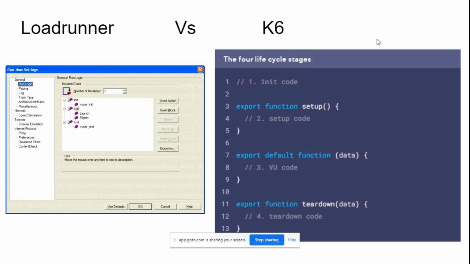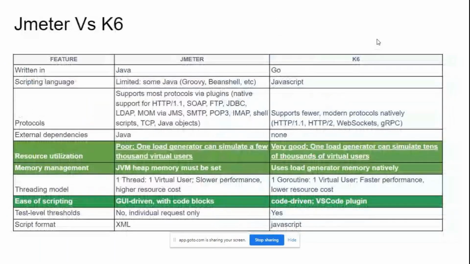Just need to understand how K6 handles all these aspects, and then you'll be able to create those scripts and use them for your projects. So I'll come back to you maybe a little later about the exact comparison. What is the difference between K6 and JMeter? Where K6 works fine, where JMeter works fine. Probably we'll look into it later because once you know about K6, I think it will be easy for you to do a comparison on your own. Okay,